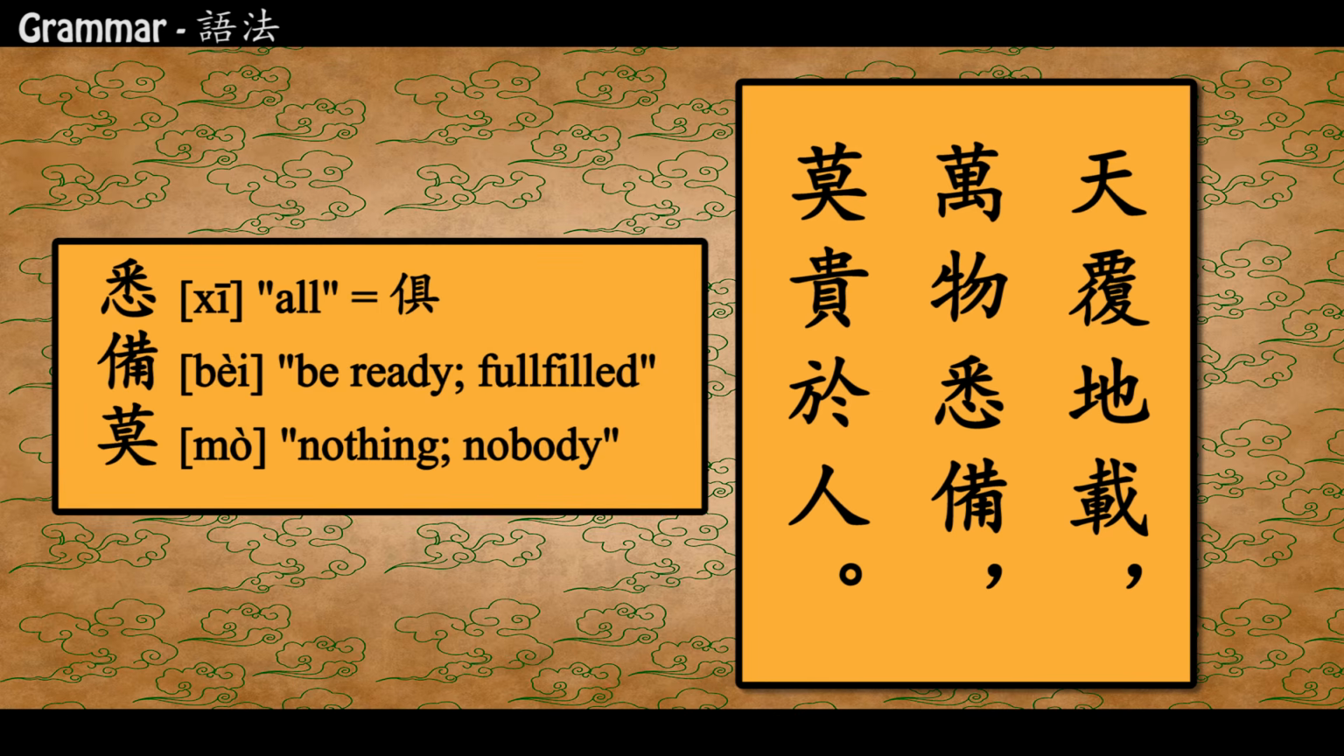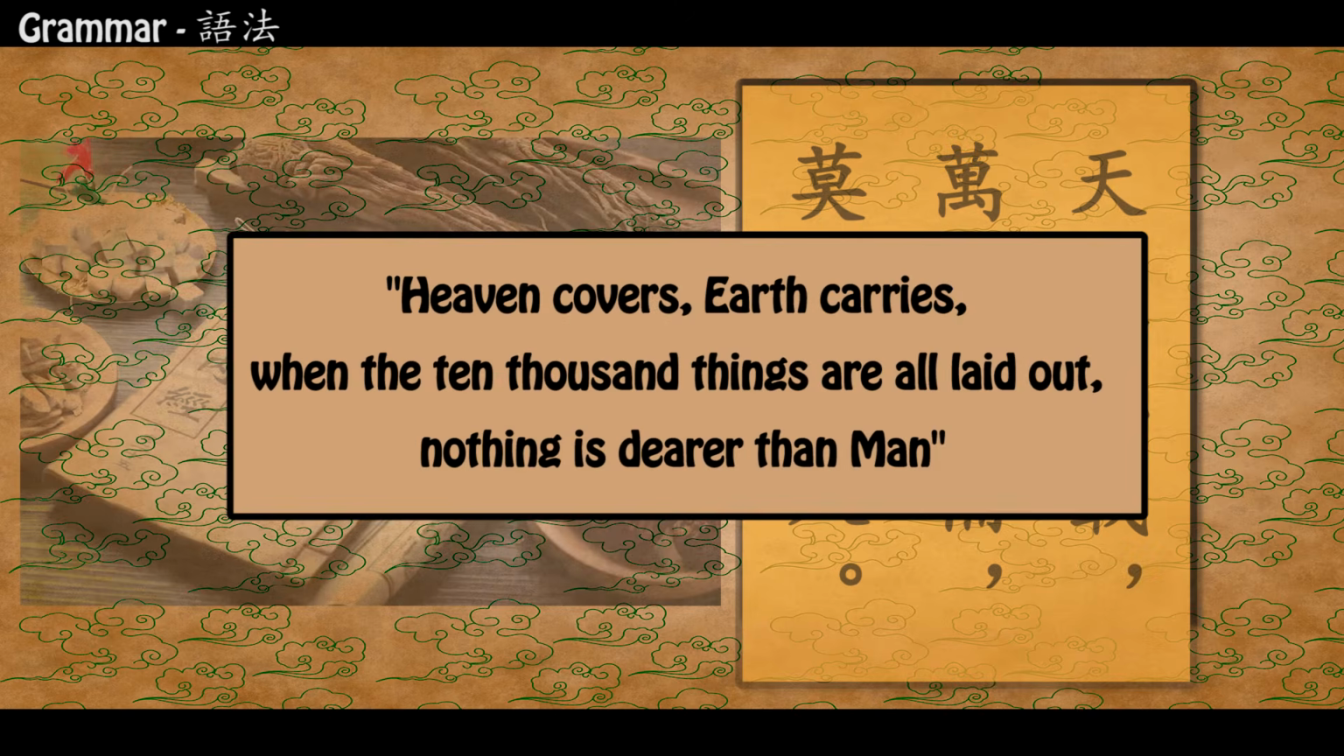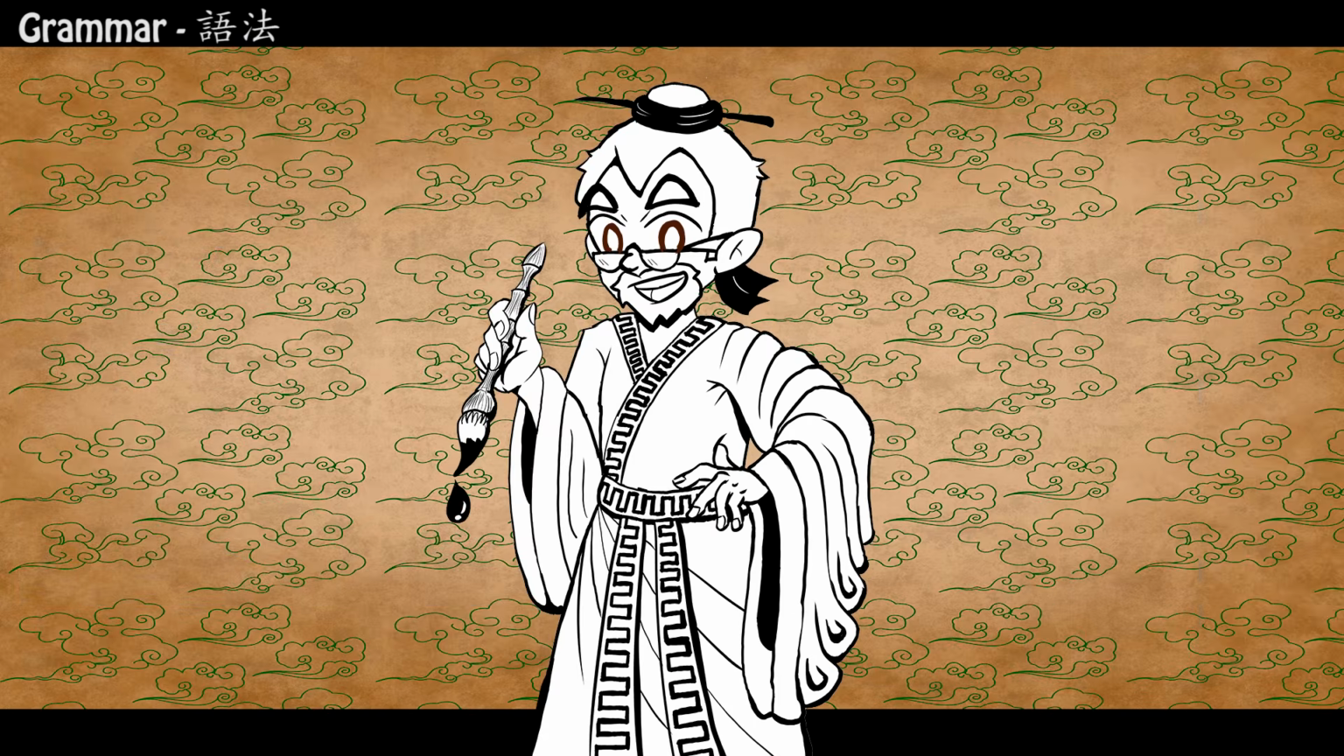西 means all, same as 具. 备 means to be ready or fulfilled, and 莫 is a negative particle meaning nothing or nobody. A straightforward overspelling might be: heaven covers, earth carries. When the 10,000 things are all laid out, nothing is dearer than man. Which is something I think we all should keep in mind more often. And speaking of should,